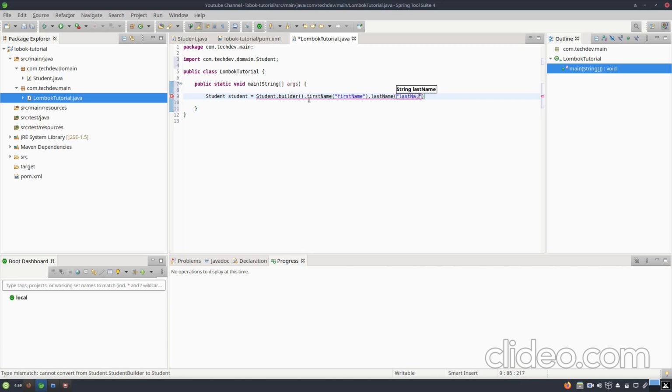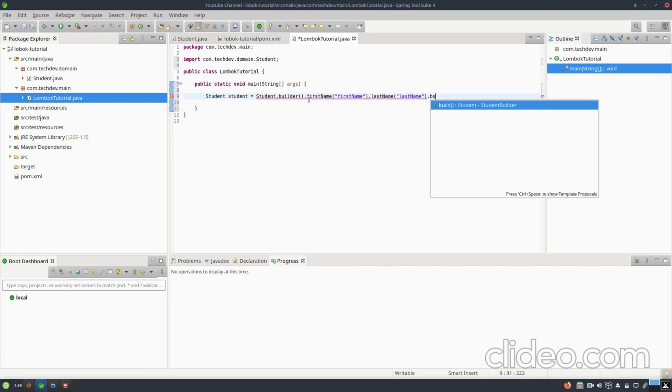Finally, when you are done with the field data, end with build, and you will see that it will have the student object with the first name and the last name.